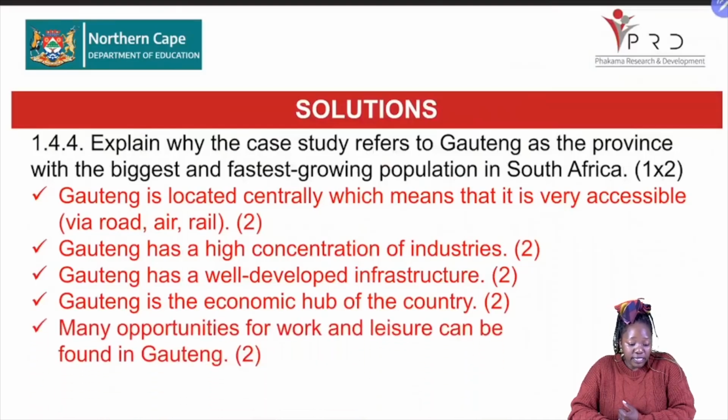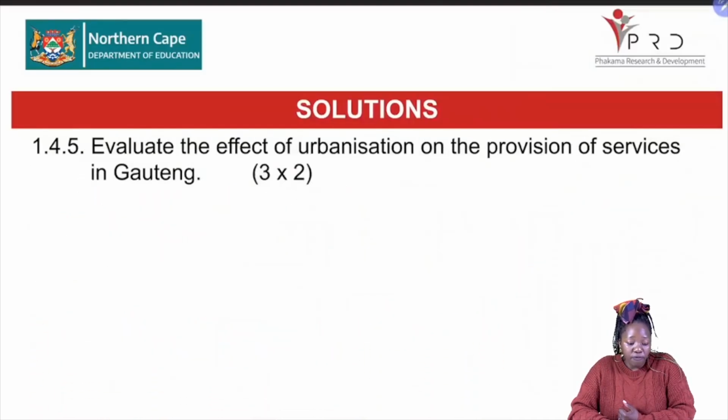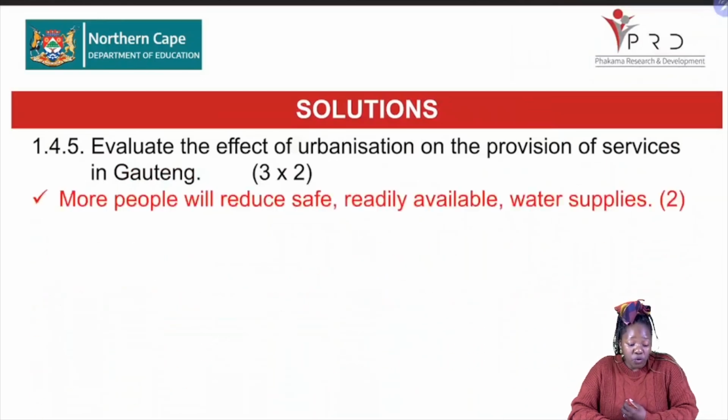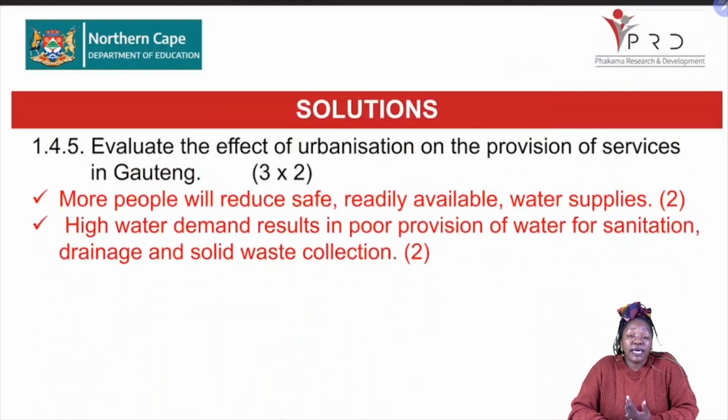Then we're looking at our question 1.4.5, whereby you were supposed to evaluate urbanization in terms of the provision of services. Remember, we are saying this province is the one that is highly populated. So what impact does it have on the provision of services? So number one, more people will reduce the safety as well as the readily available resources in terms of water. We're looking there in terms of the electricity also, there will be a high demand, so